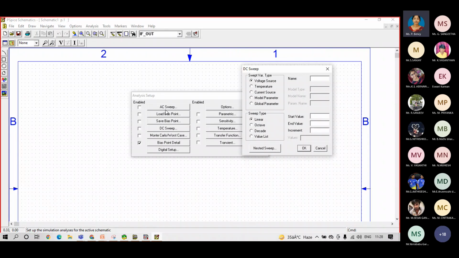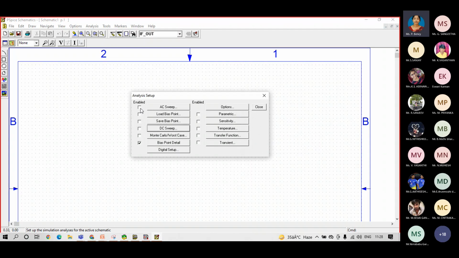Okay, so already we've opened this DC sweep tab. Now click on this AC sweep. So this tab is in open conditions. Okay. Again, okay. Then